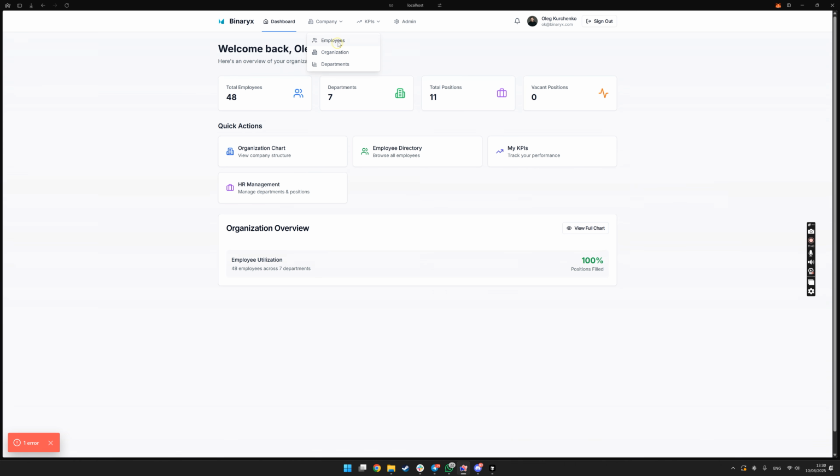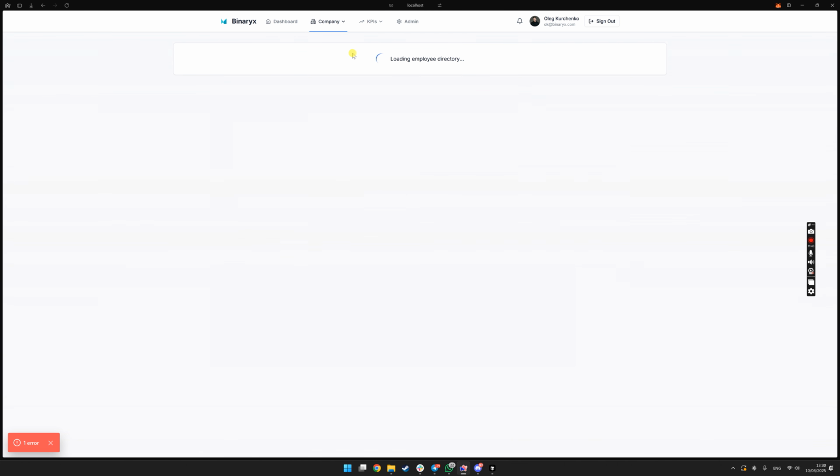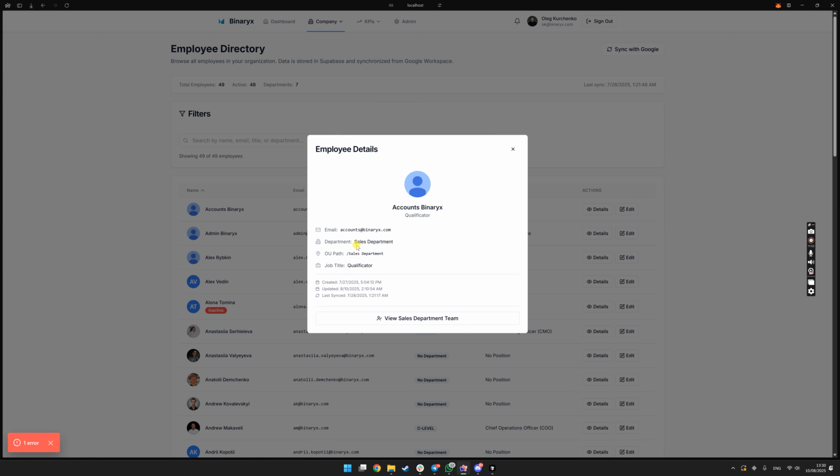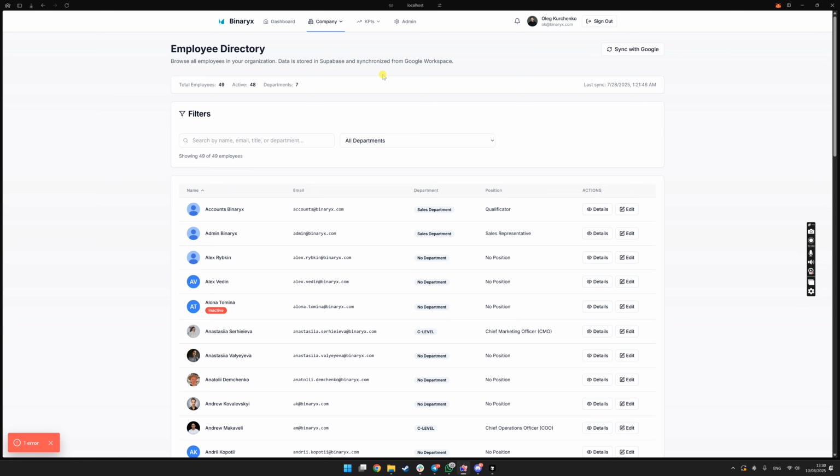When I create or update employees, that updated information goes to G Suite and creates additional fields for the employees, helping everyone understand which department that person is in, which job title that person has, and so on. So that's how it works from that perspective.